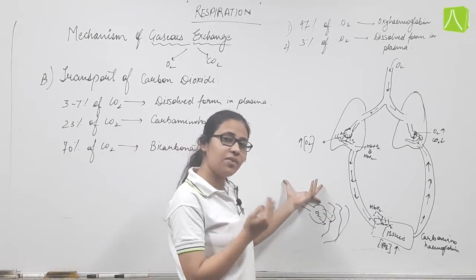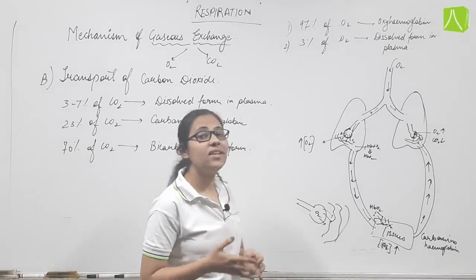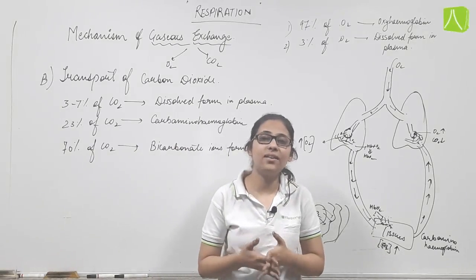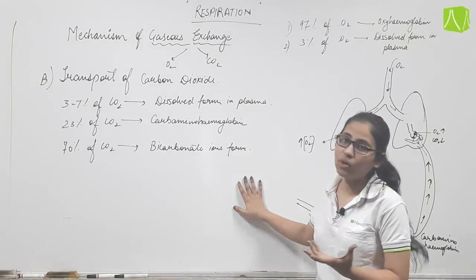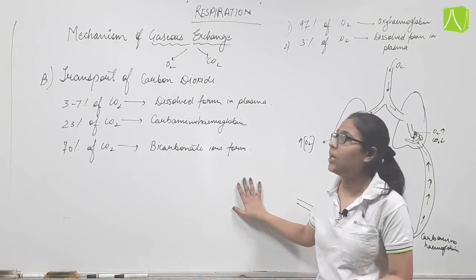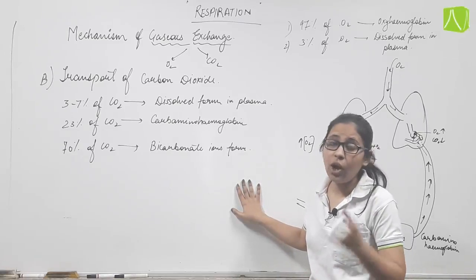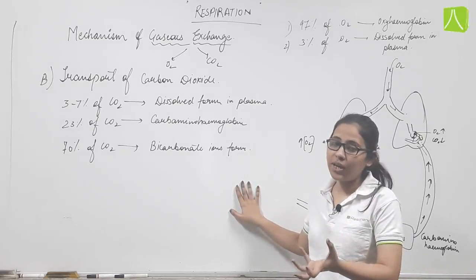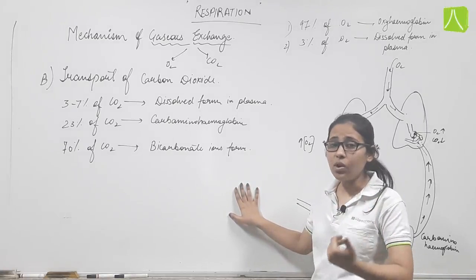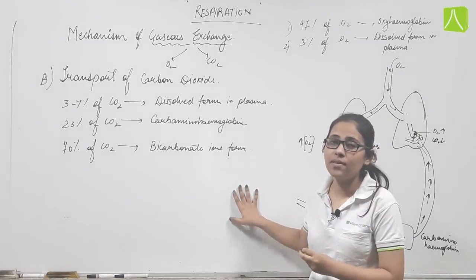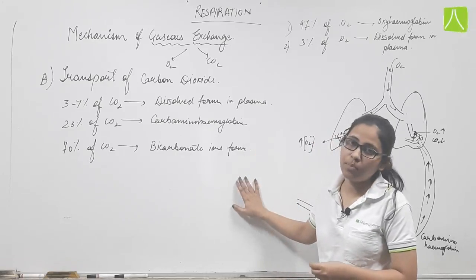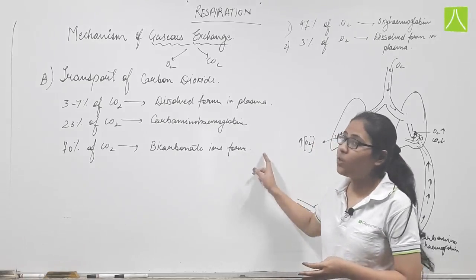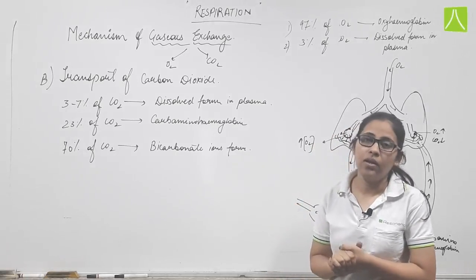After the physical process, we have learned how the gaseous exchange occurs inside the cell. So this is the method. First, we have to explain the transportation of oxygen, then the transportation of carbon dioxide, what percentage of carbon dioxide is travelled through the blood vessels up to the lungs or up to the tissues. This we have to remember, this is important, and also what type of structure is formed after binding. So this is all about today.